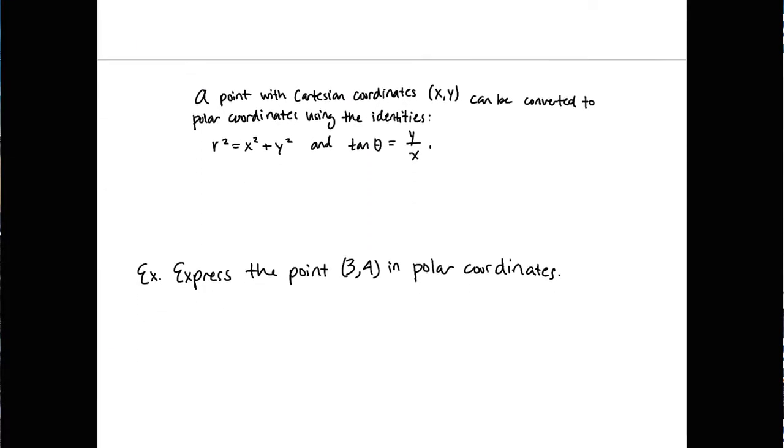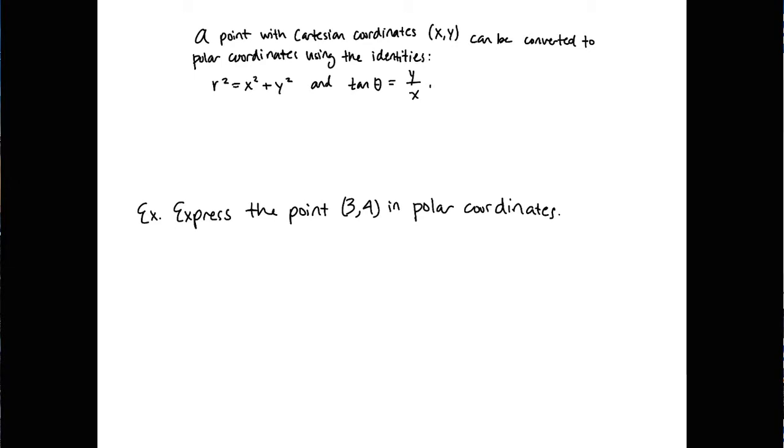To end this, let's take a look at going from Cartesian coordinates to polar coordinates. So let's say that we had a point that was x, y already. It can be converted to polar coordinates using the identities r squared equals x squared plus y squared, and then tangent theta equals y over x. So if we express the point 3, 4 in polar coordinates,